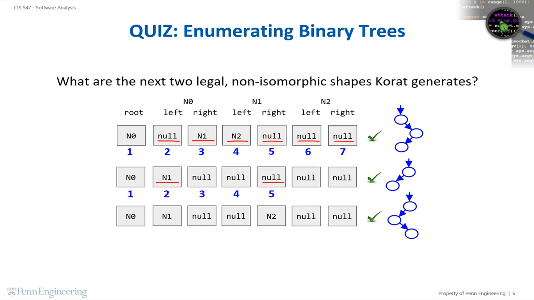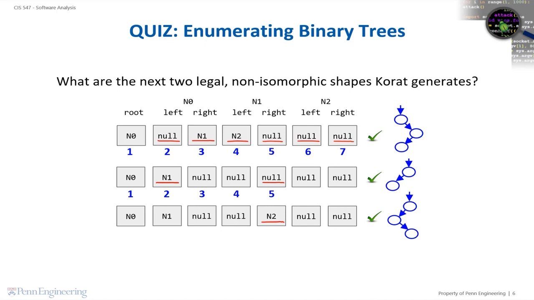The only non-null value we can assign to it is n2. Other values would result in an illegal tree. And this gives us the following binary tree with 3 nodes, a new legal shape. We could continue this process until the last 2 trees with at most 3 nodes are generated, but we will stop here for now.